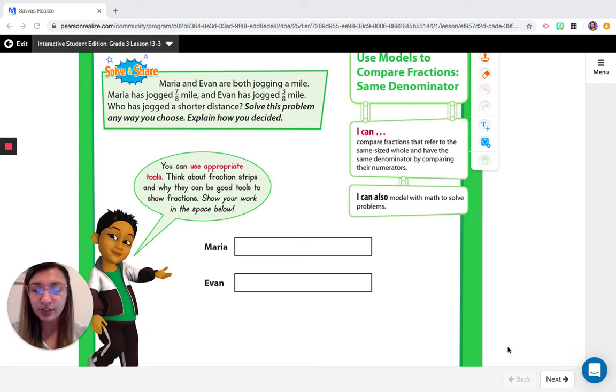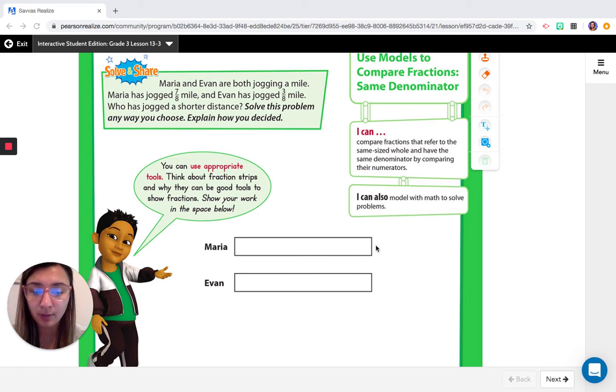All right, so let's read the solve and share. It says Maria and Evan are both jogging a mile. Maria has jogged 7/8 of a mile and Evan has jogged 3/8 of a mile. Who has jogged a shorter distance? So the first thing that we have to do, we are shown here that we have Maria and